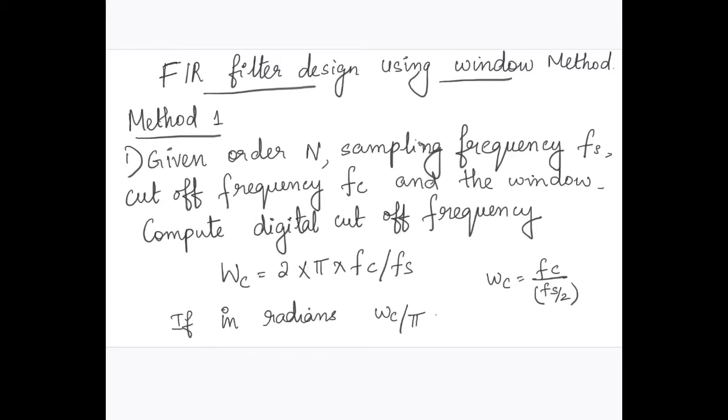Overall, this video discusses how to find or design digital filters. Digital filters can be of two types depending upon the duration of the impulse response. If the impulse response is of finite duration, then we call it finite impulse response filters, and if it is infinite, we call it infinite impulse response filters.